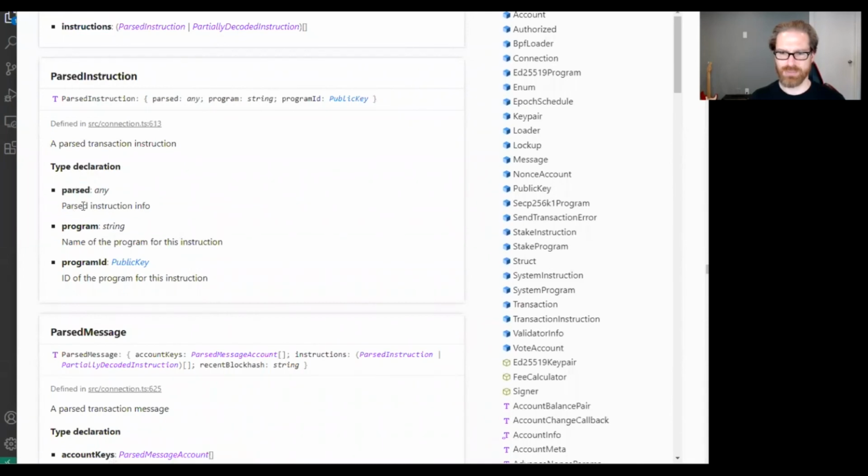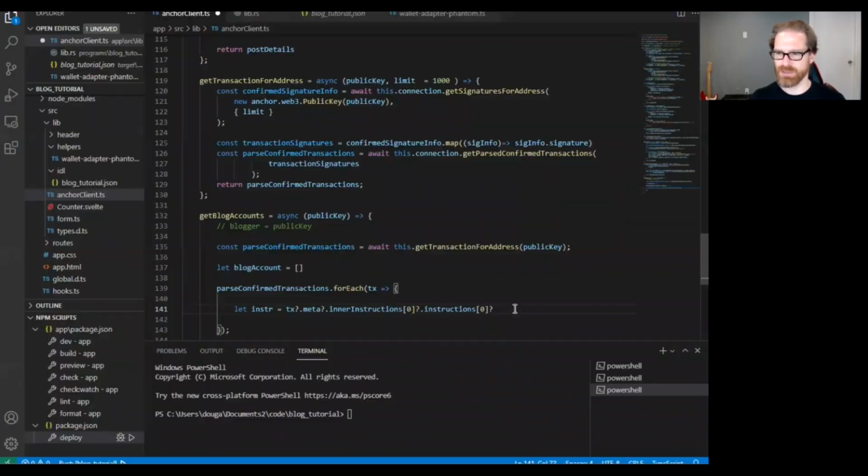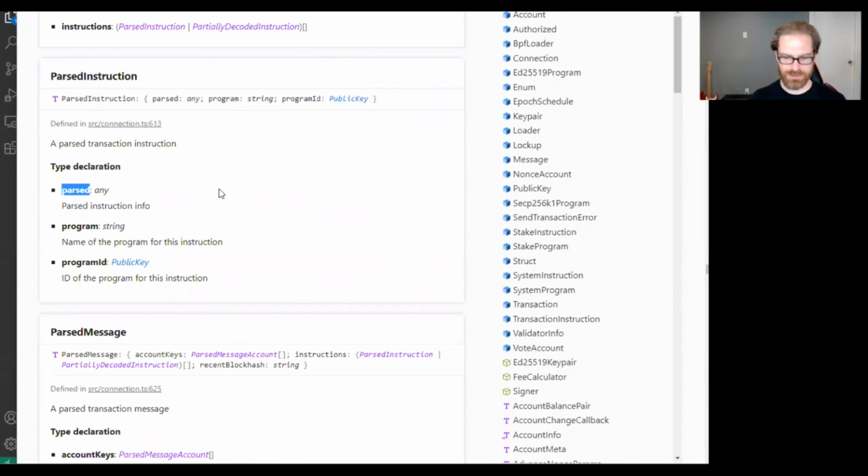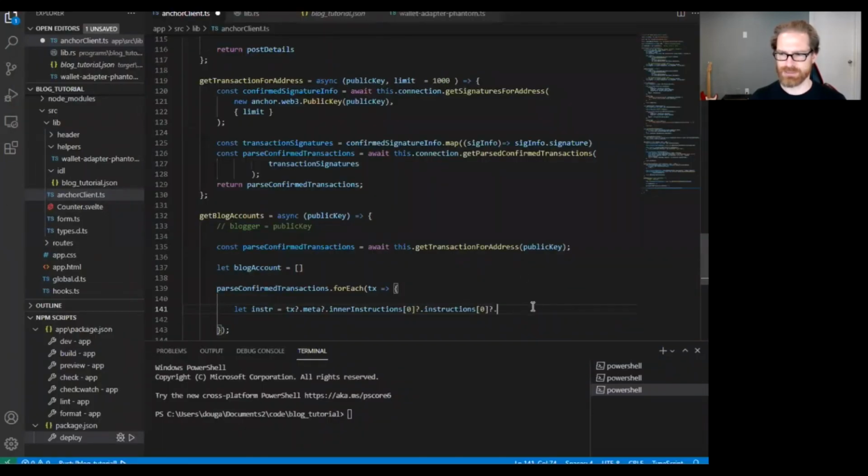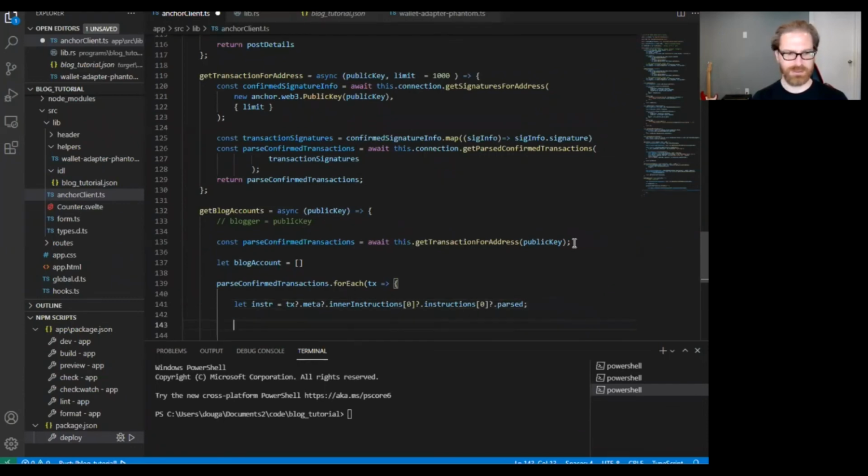Parsed, any parsed instruction info. What that will do is it'll give us the ability to look up the program ID, and I'll explain that in just a second here. Parsed, right? So when we have the instructions, we can say if the instructions, well, first of all, if there's